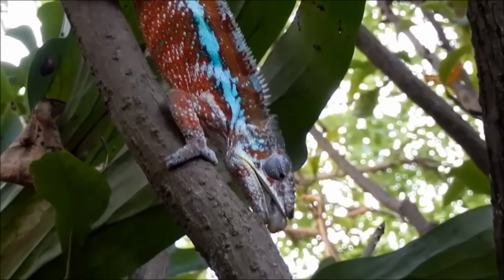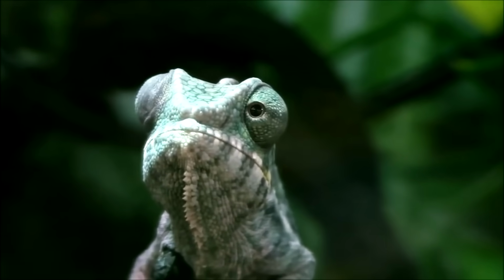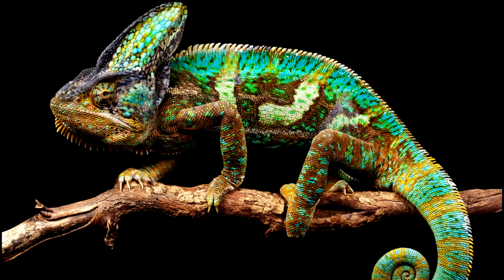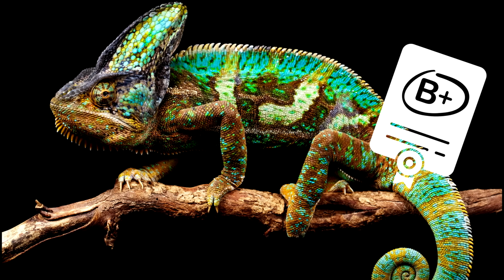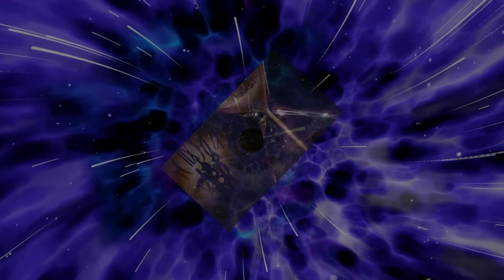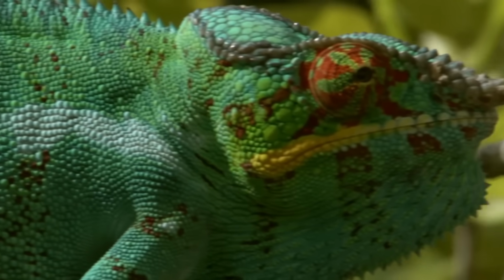I mean, it can catch flies with its giant tongue, it can move both its eyes independently to look for predators, and it can change color to hide from them. It's not perfect, but it's still good enough, just like what we want our image to be. And how did it get this imperfectly good? Evolution. So one time, like 100 million years ago, right before 2.1 came out, an ancient ancestor of our chameleon